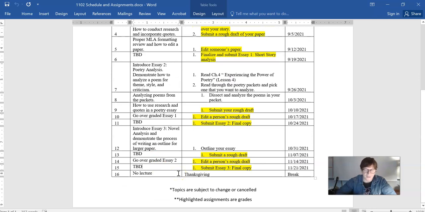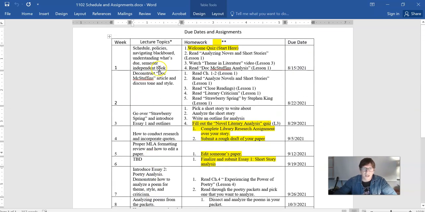And towards the end of the semester, if everyone's doing what they're supposed to be doing, I might not really have anything to say to you. So I might not even have a lecture. But here you can figure out for the most part what I'm going to be talking about. Okay. Then I have the work that you're completing during the week.